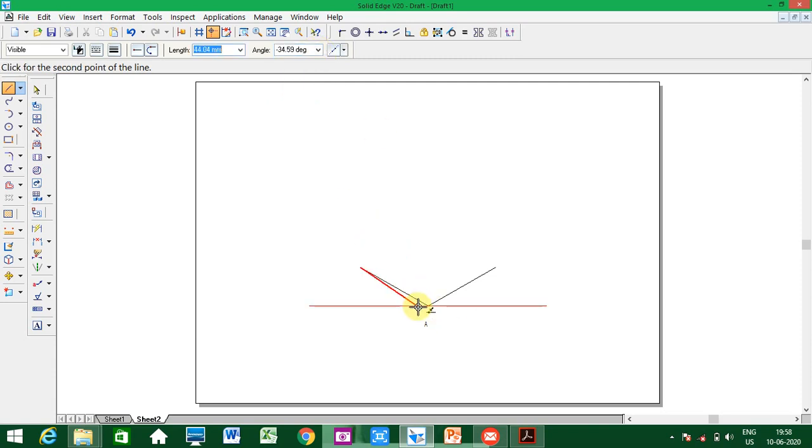Now I'll complete this box. From here also I draw again at 30 degrees. Assume this is the horizontal, and then I draw again a 50 mm line at an angle of 30. The same method you have to follow for manual drawing. Then you complete the box. So this is the base you have drawn. Now what is the height of this cube? It is 50. So from these points I draw the heights.